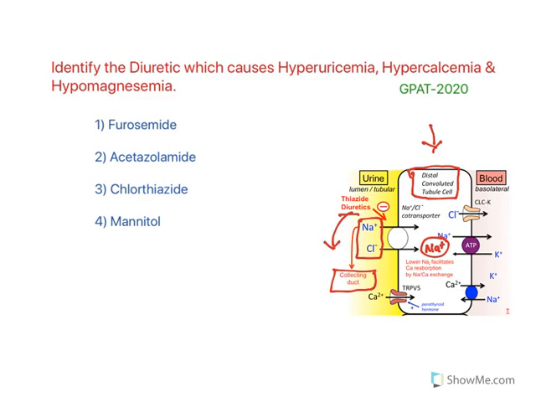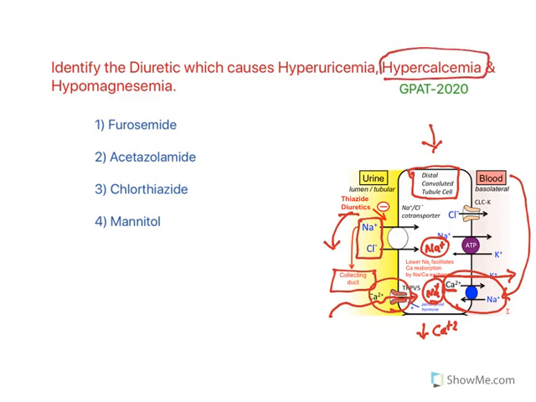To compensate for this, at this junction, a sodium calcium antiporter will get activated. Sodium from the blood is taken back into the cell and it is exchanged with calcium. From the cell, calcium is taken back to the blood. From the blood, the sodium gets into the epithelial cell. So what happens inside the cell? There occurs a calcium deficiency. To avoid this, from the urine, calcium is reabsorbed into the cell again through calcium channels. This is how from the urine calcium is reabsorbed and calcium levels in the blood increase. That is what we call hypercalcemia.